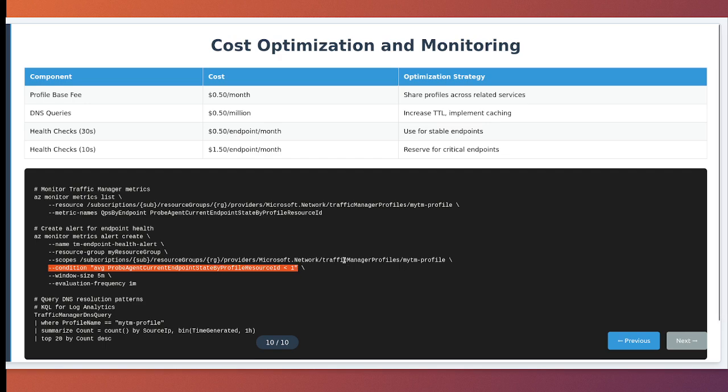For large deployments, consider Traffic Manager profile sharing. Instead of creating separate profiles for each application, group related services under a single profile with path-based routing at the application level. This reduces base fees and simplifies management. However, ensure applications have similar availability requirements to avoid impacting critical